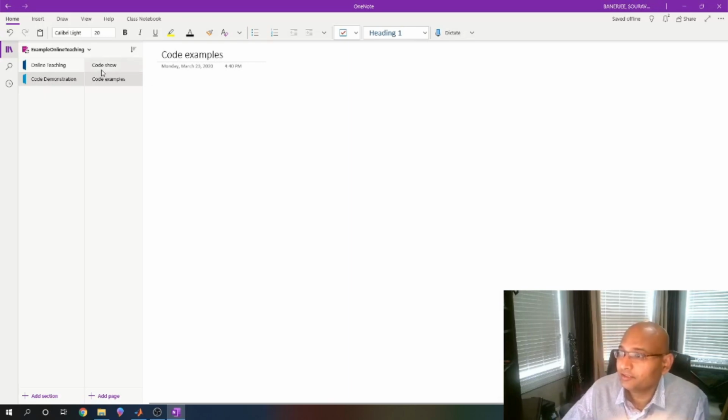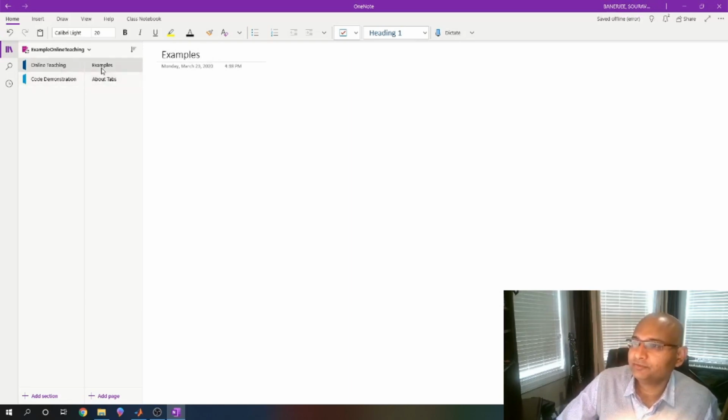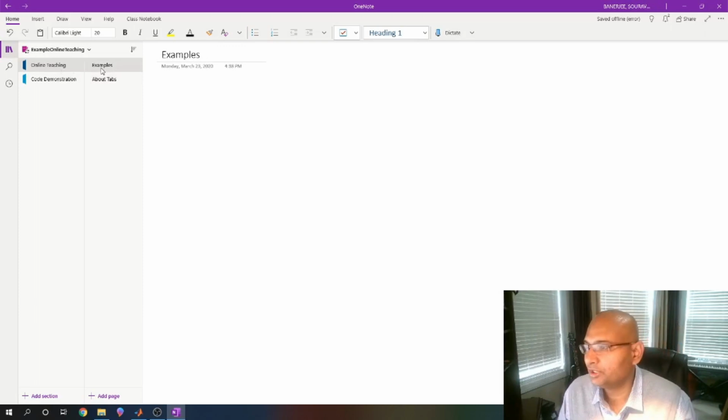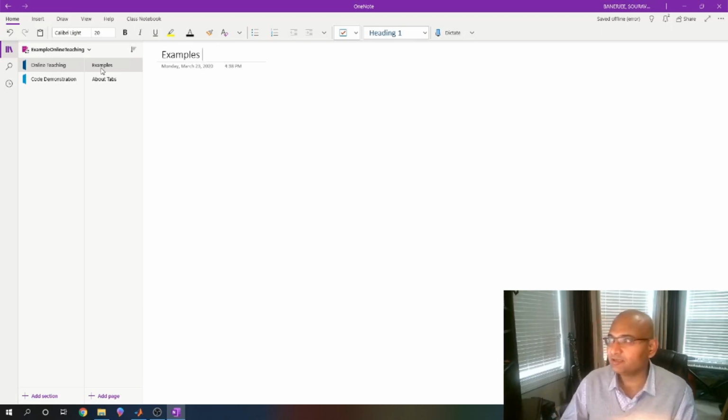So you can give names to these different pages, different tabs. Now let's go to the one that you want to demonstrate to the students. In Blackboard, in part 1, I described how to share an application. Now instead of sharing the PPT file as an application, or the Krita software or the Paint software that I talked about, you can share this OneNote directly in the Blackboard